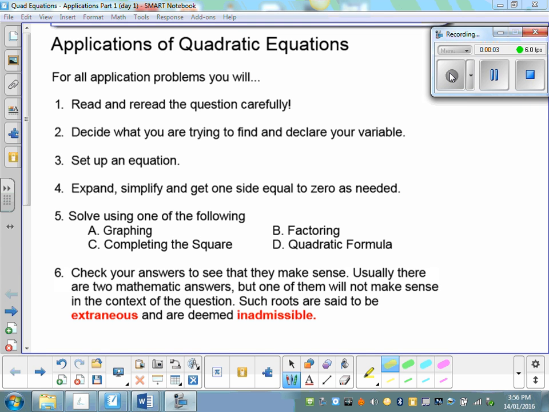Okay guys, welcome. Today we are taking a look at applications or word problems that involve quadratic equations. So a few steps here that you need to consider when you're doing these questions. First off, it's important that you read the question carefully. It's always a good idea to reread it and make sure that you've got all the information that you